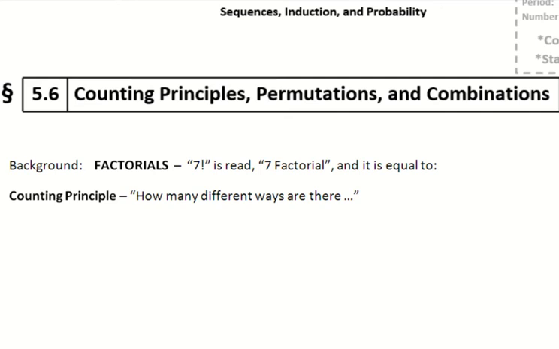Alright, section 5.6. Again, in case you haven't heard me say this in class, there's no section 5.5, in case you're wondering what happened to section 5.5. Probably not going to do it, whatever textbook I'm going off of here, roughly. Section 5 might have been on something like the binomial theorem, if I had to guess. And we're probably not going to do that, maybe if we have time, but let's do section 5.6, counting